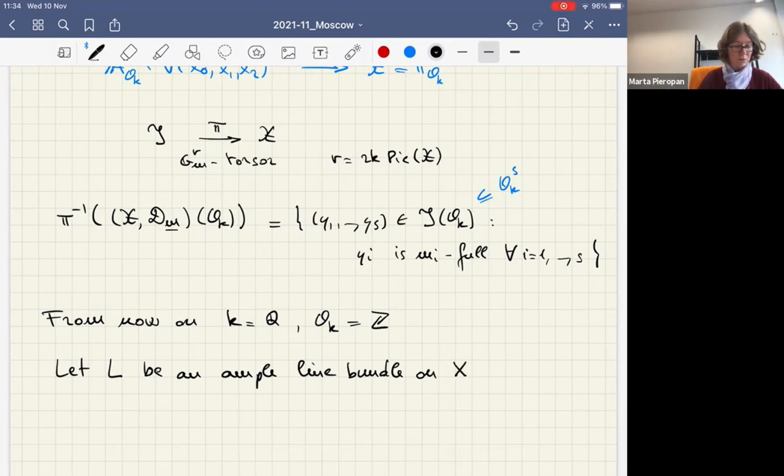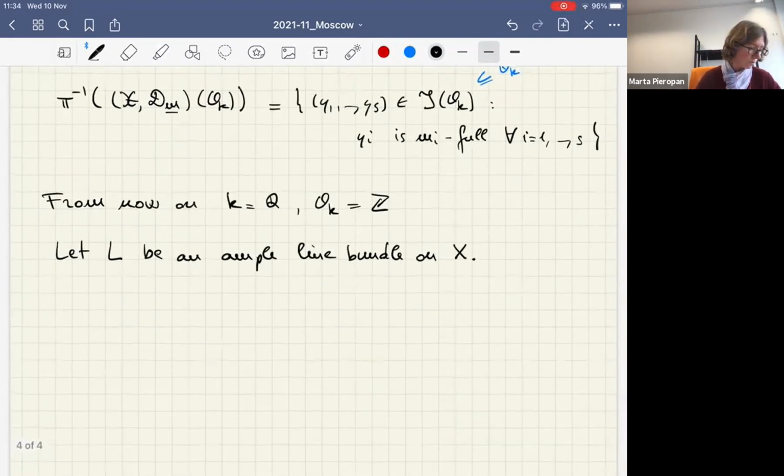Now I can use this to define a way to measure my points. So the first observation, I'm working in the setting of toric varieties. My ample line bundle is also very ample because my toric variety is complete and smooth. And I have a precise description of the set of global sections of this very ample line bundle, which is generated by some